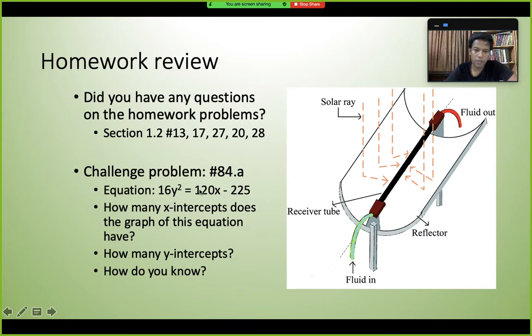16x squared equals 120x minus 16y squared equals 120x minus 225. The question is, how many x-intercepts does the graph of this equation have? How many y-intercepts will this equation have? And how do we know? To answer this question,